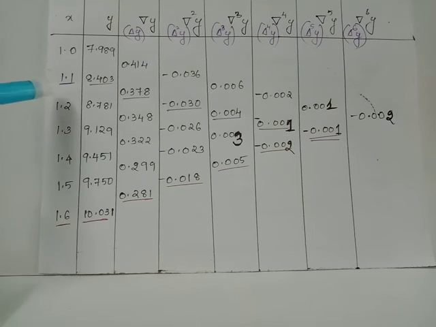We have selected origin as 1.1, therefore we have a equals 1.1, hence f of a equals 8.403, delta f of a equals 0.378, delta square f of a equals minus 0.03, delta cube f of a equals 0.004, delta raised to 4 f of a equals minus 0.001, delta raised to 5 f of a equals minus 0.001. Since we have selected x equals 1.1 as the origin, while using derivative formulas of Newton's forward interpolation, we will make use of second values appearing in each difference column.